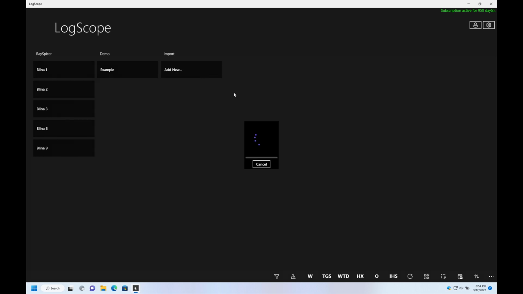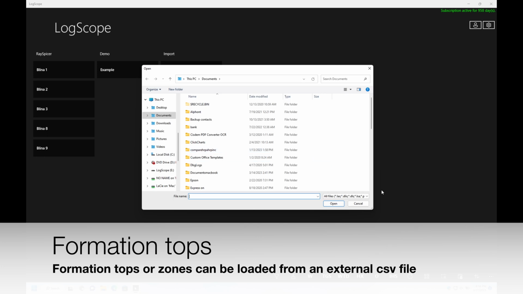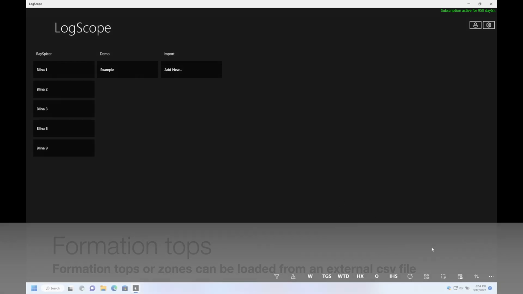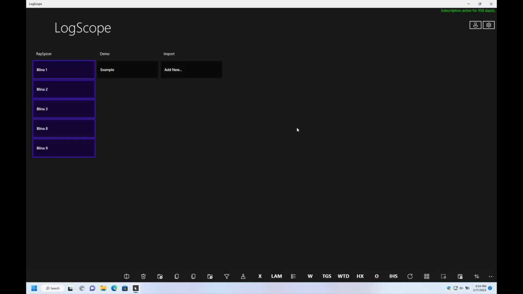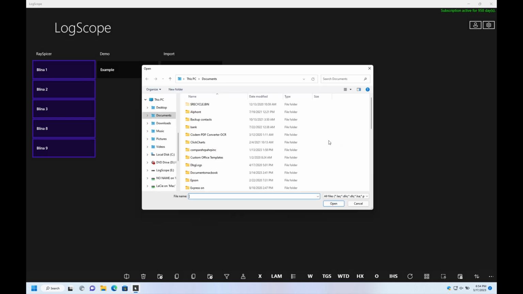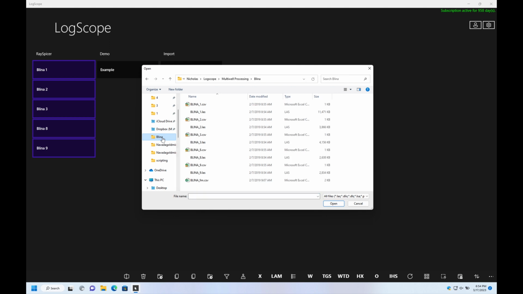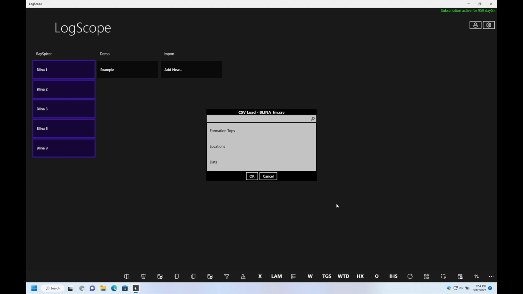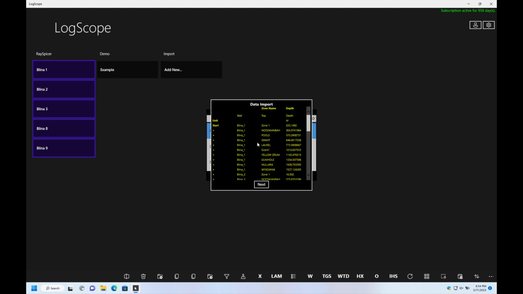To load the formation tops we just go back to add new and we go to the directory after we select them all, and we choose the directory that it came from, and we have that here, and we choose the file that's got all the formation tops in as a CSV file. Doesn't matter what order things are in, because we can actually select which column is which in the file, and we can choose a start and end if there's only a small part of the file that we want to